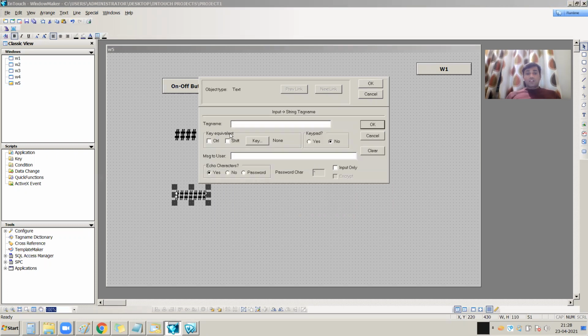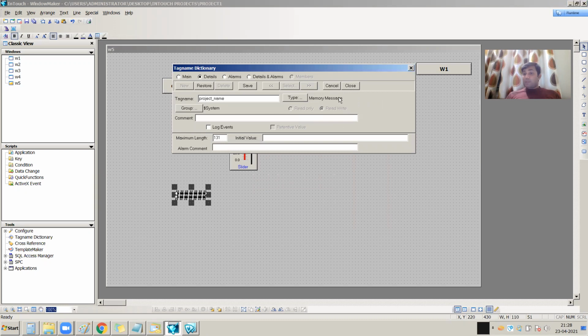Let's suppose I am giving the tag name project underscore name. I need to define this tag.